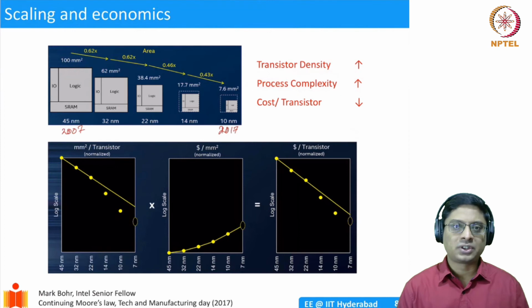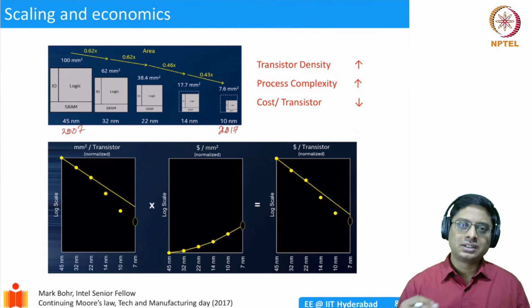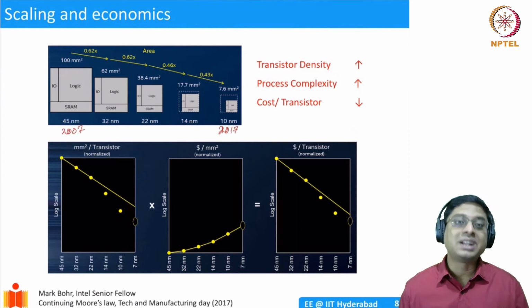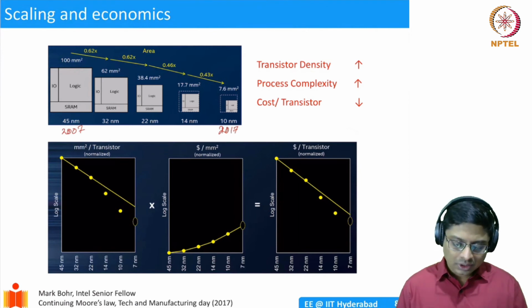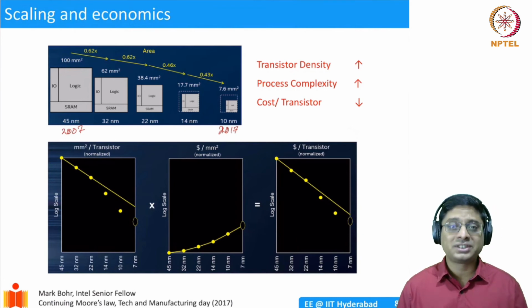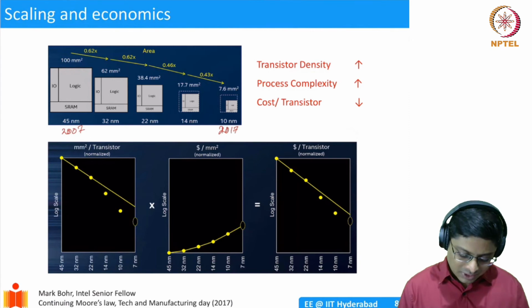What I mean by process complexity is that the semiconductor chips have to go through a manufacturing process, and it's not easy to fabricate. This is done in a very high-end fab, and you have thousands of steps that have to be executed so that we have the chips, right? Semiconductor chips. This is not a semiconductor fabrication course, and that will be dealt with in a technology-related course, but essentially the message is that the process complexity has increased. So that is what is captured in the bottom figures here.